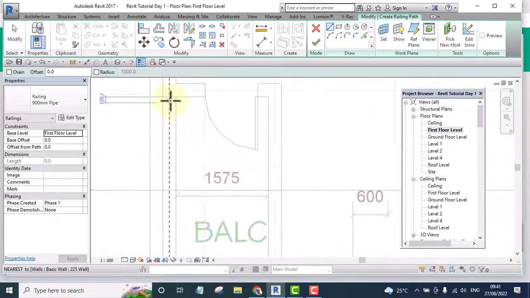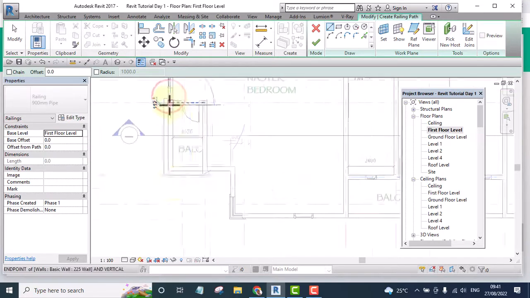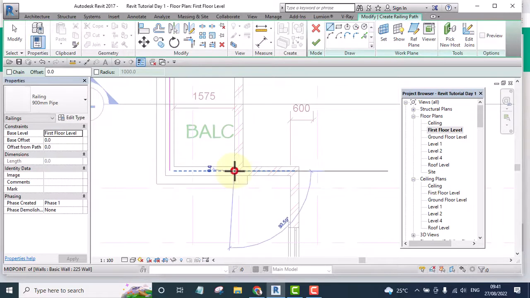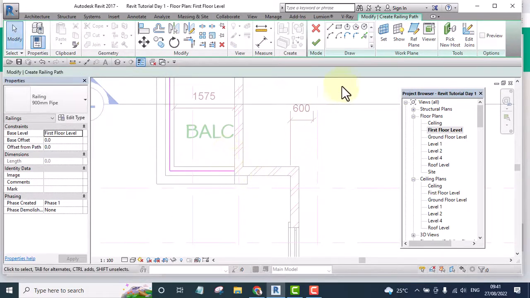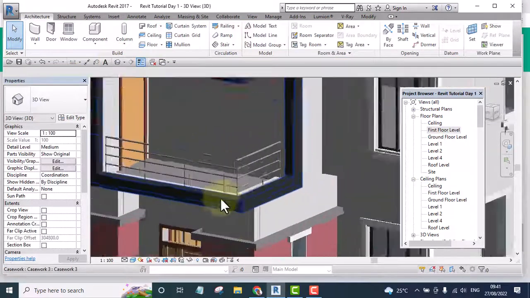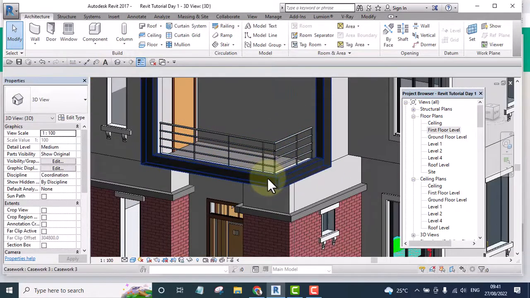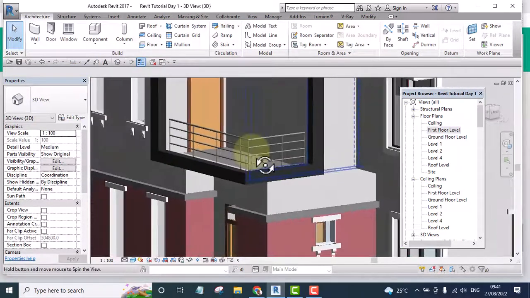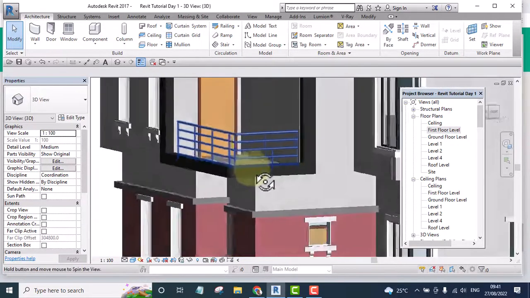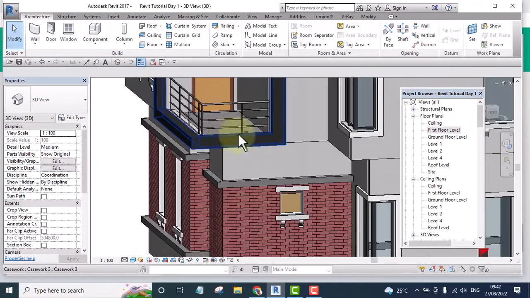And I want to have my railing here. I want to have it here, and that is my railing. And let's assume I finish this and see it in 3D. And here is the one I have, but the one I want is glass, and I will show you how